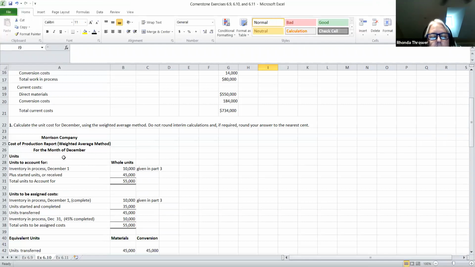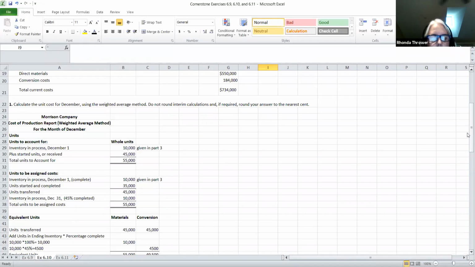Now in Cengage, they didn't ask you to do a cost of production report, but I feel it's necessary that you know how to do the cost of production report so that you can answer their questions about the what if analysis and all kinds of things that they throw at you. So go ahead and learn the format for the weighted average method. And the format for the weighted average method starts out just the same as it does for